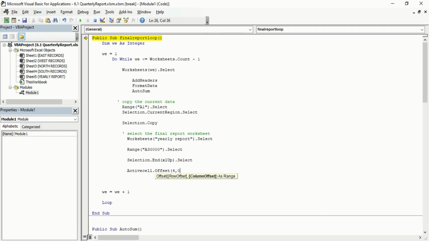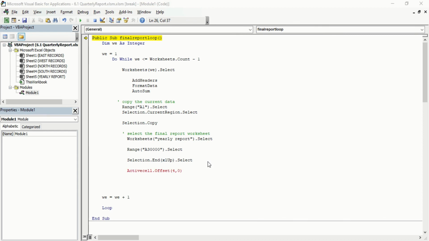If you want your data in column form, like if one data is here and the other data is here, you can do that. Instead of the row offset, you can go for the column offset. So I will close this range, and now everything is done, but the last thing remains.